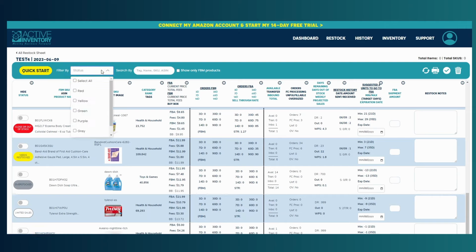Filter here is going to filter through the five different statuses. Red means that it's almost out of stock or out of stock already. Yellow means that we need to put some stock in. Green means that you're doing well and you're right where you need to be. Purple is brand new. Gray indicates there's some overstock, and white is an indication that there's very limited sales on